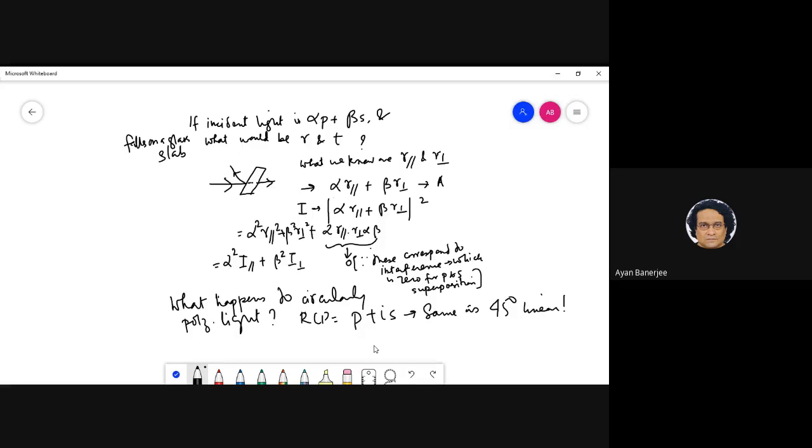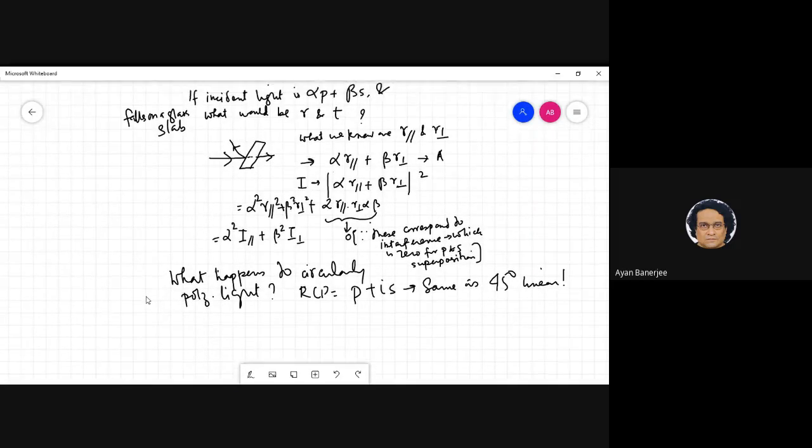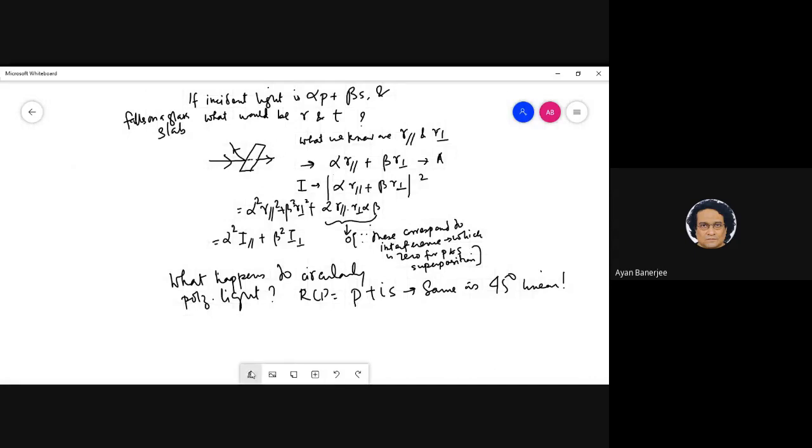But what is another nice question? I don't want to give you the question, and I don't want to give a hint either. What other question strikes you? That is actually a very tacit assumption that we are making in the Fresnel relations entirely. Something we are just assuming. What other question comes to you?